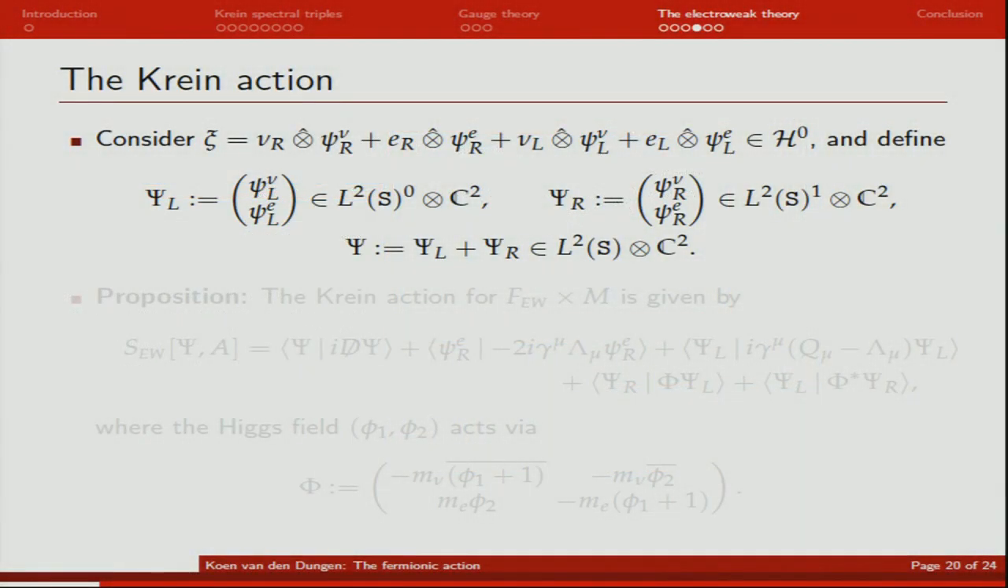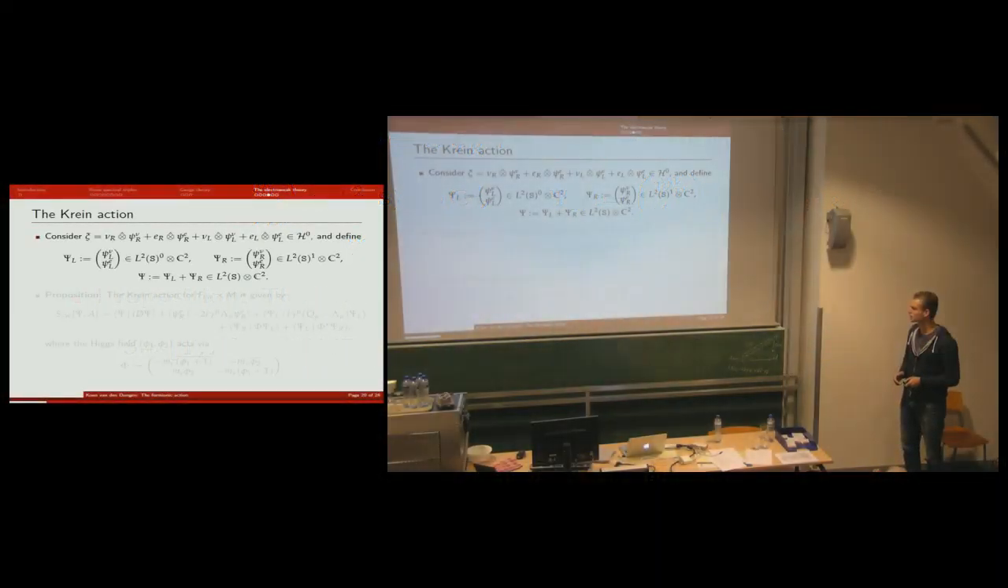Now we want to calculate the Krein action. As I mentioned, it's defined for an arbitrary even vector in the Krein space. Because the finite part is four-dimensional, we can write it as 4 terms, so it is determined by 4 Weyl spinors on the manifold. For the neutrino, we have a right-handed and left-handed Weyl spinor, and for the electron, we also have right